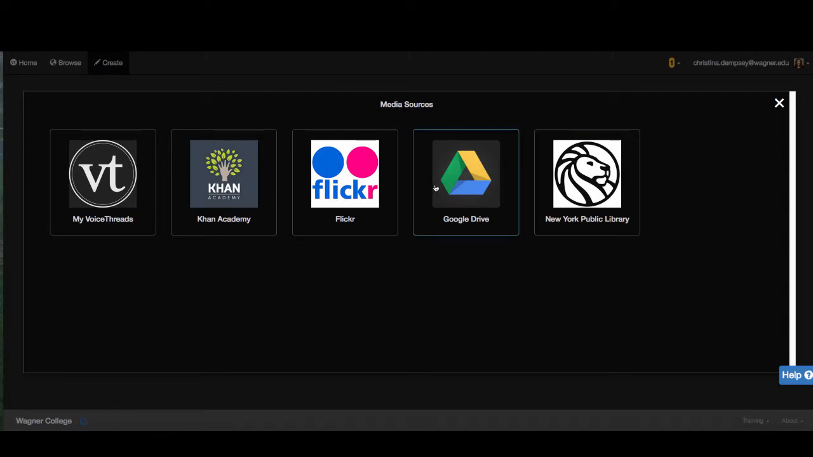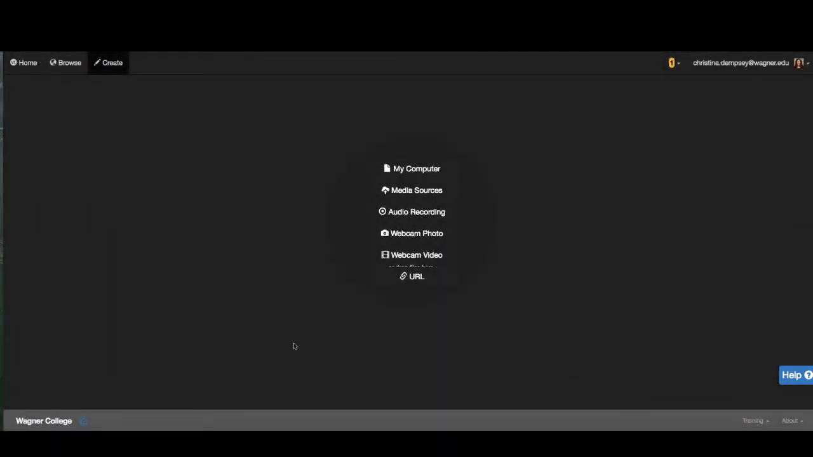You can pull from your Google Drive, from Flickr, the Khan Academy, and also any other VoiceThreads you have created you can pull from as well. So we're going to use these other sources, but you do have that option if you do choose to do so. So the first thing that I want to click is My Computer, and that's going to bring up all